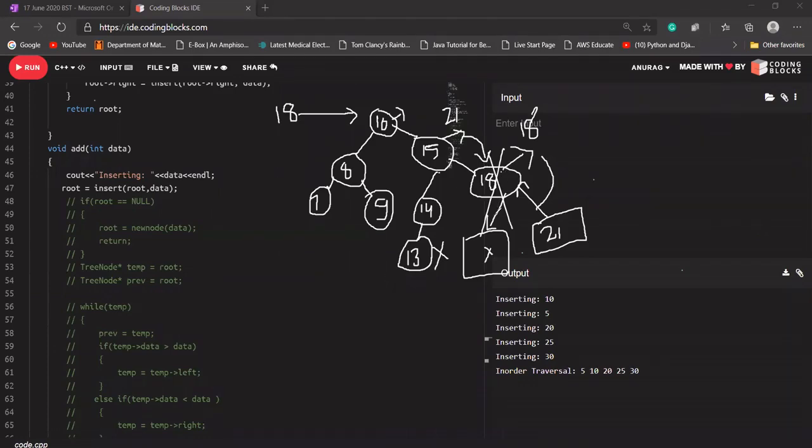If my right part is null, in that case I'm going to return the address of my left node. Although it is null, that does not mean anything. Let's say 21 is not here, and I check whether my right part is null. Yes, at this time my right part is null, so I'm going to return 18's left part. 18's left part is null.